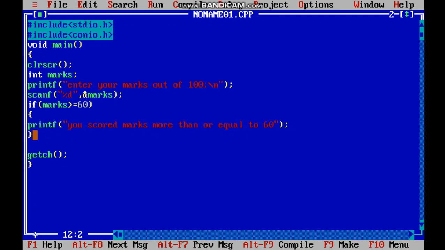Now the next statement I want is between 40 to 60. So what I will do, else if will be used now. Else if marks is greater than 40. That means 40 is not covered, okay, I won't include 40.